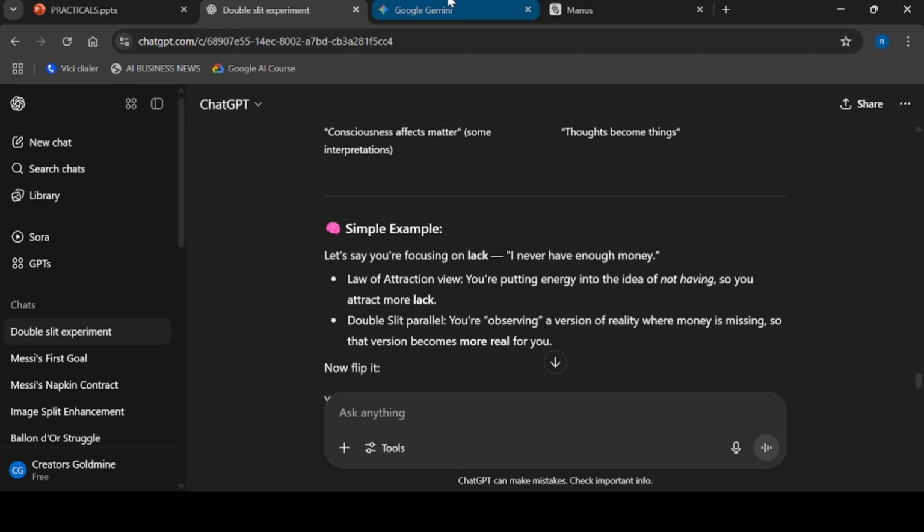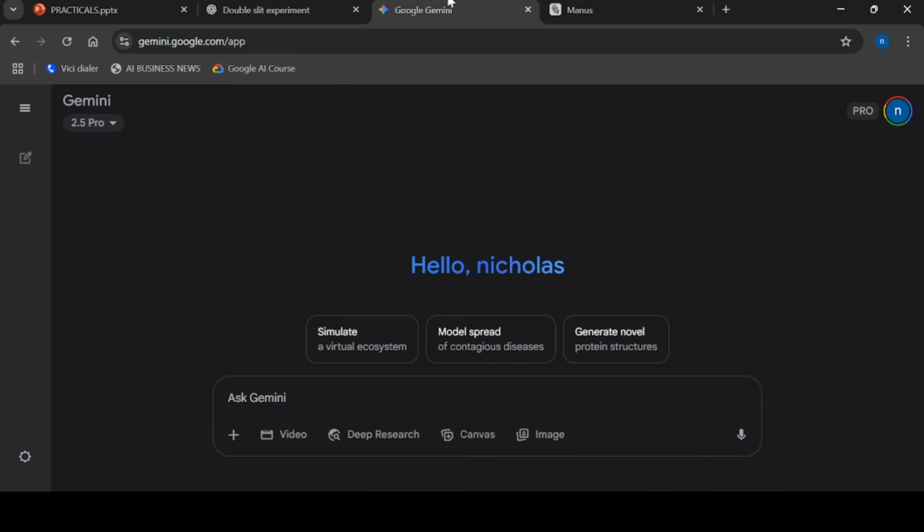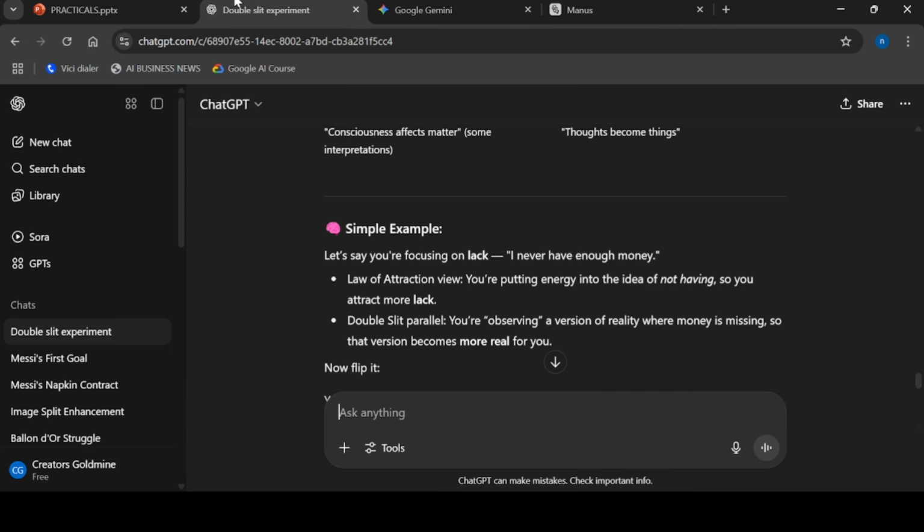Now, there are other crazy and wonderful things we can still use this tool to do. But before we come to Gemini or Manus, let's still use ChatGPT for something now. I'm blown away to say this now. I'm so excited because what I want to tell you now will transform how you learn. And if you are a student, pay attention to this, because it will change how you learn and how you